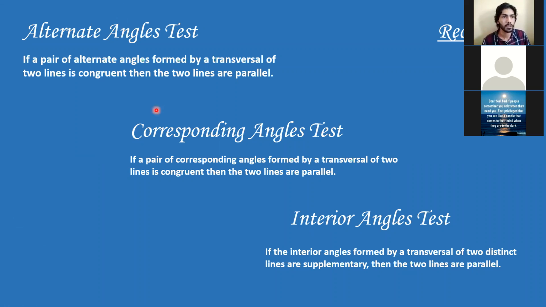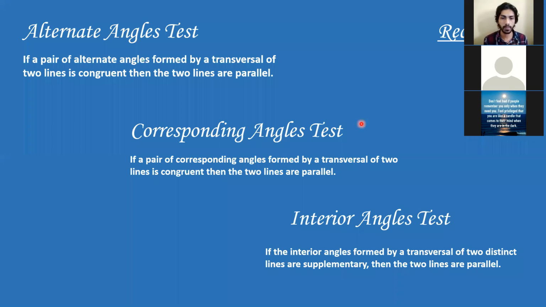Okay, cool. So these two tests you see, these are for equality. So we check whether the angle is equal or not. For interior angles test, we don't check for equality, we check for the value of the angles. That means, is the sum equal to 180. Are you understanding the difference between these two tests and this test? Yes. All right, cool. So, folks, this is just a quick recap. Now we're going to be continuing.